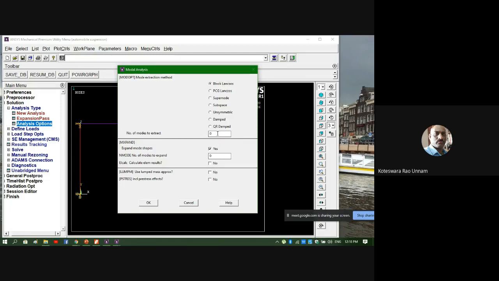Of course, here we have only 2 degrees of freedom. It will have only 2 natural frequencies. You can go for 2. Less than 2 you cannot give. You can give more than 2, any. Let us say if I enter 2 here, it will give 2 frequencies. If I enter 1, it will give only 1 frequency value. If I enter 5 or 6 or 10, any value more than 2, it will give only 2 frequencies because the system has only 2 frequencies. Let us say here I give 4 and also number of modes to expand as 4. So even though I enter 4, the system has only 2 natural frequencies, so it will list out only 2 frequencies. Click OK.